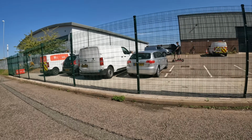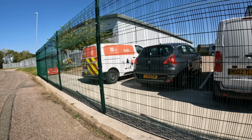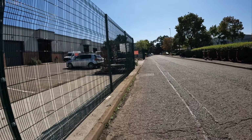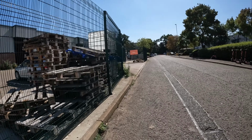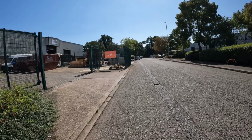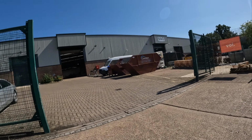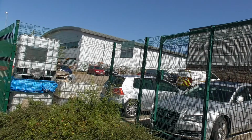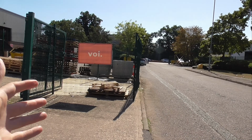We don't normally see the building or the vehicles or even staff testing them out, do we? So I thought we'll check this one out, we'll have a look, and we'll make it a bit more familiar with how this VOI business operates and where they operate from. So as you can see, it's nothing fancy. It's just an unsigned warehouse at the end of a cul-de-sac